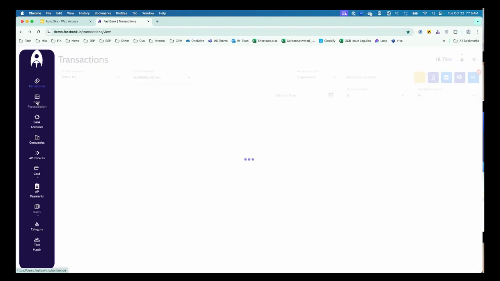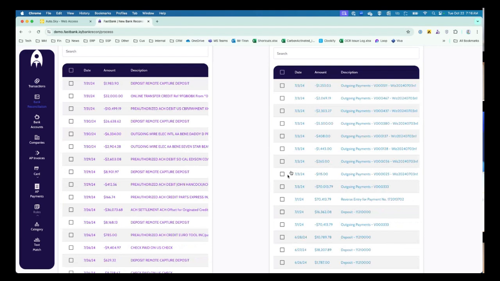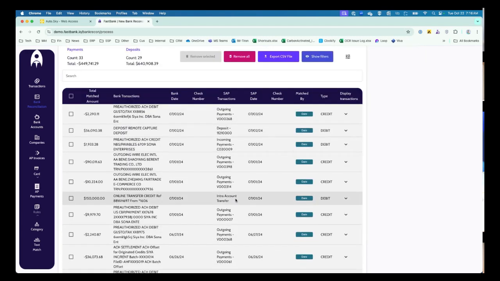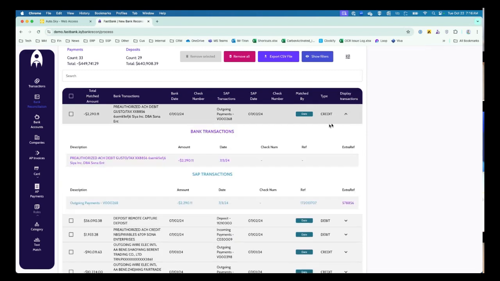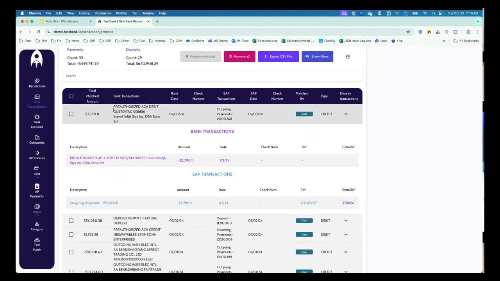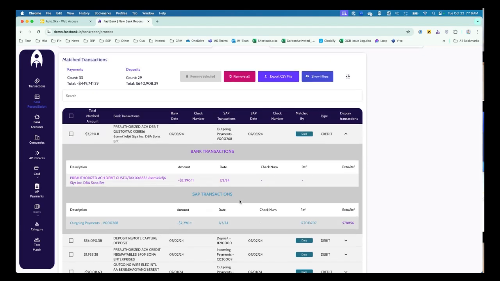Oh, sorry, I just swiped my thing. So what we do is, after this is gone, you could just say, these are all SAP transactions. If we have the transaction amount and the date or certain criteria match, it is already reconciled. You see that? So you don't have to go, and this is based on the date match, the amount and the date matching. This is coming from the bank. This is SAP. You can review that if you want, right?